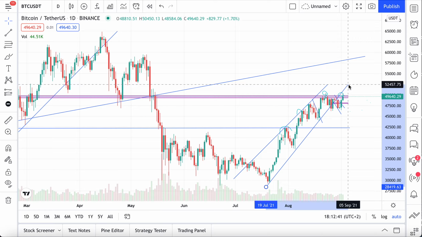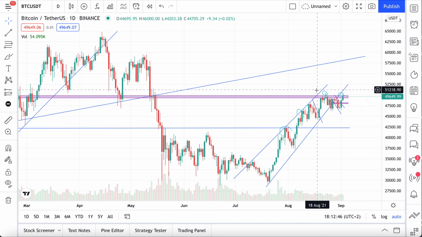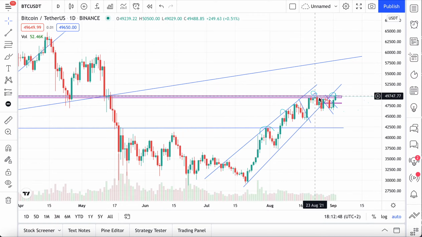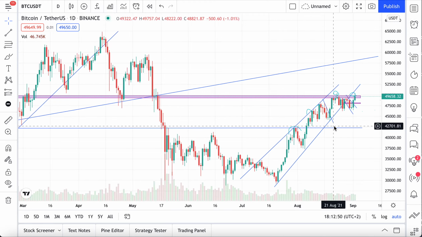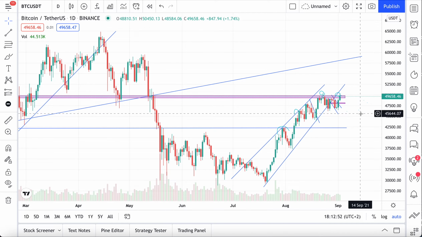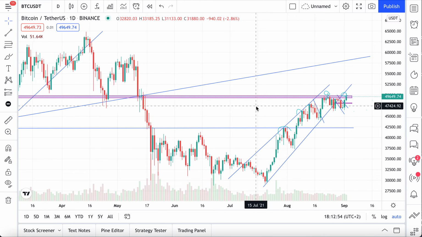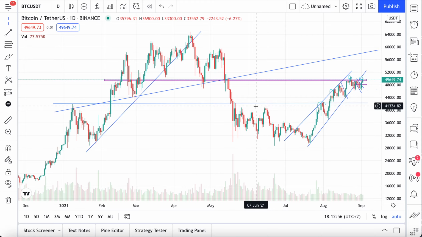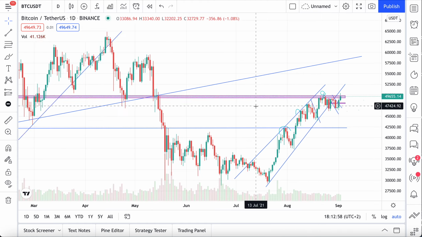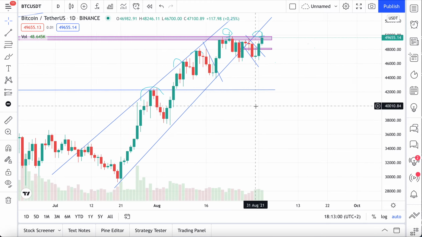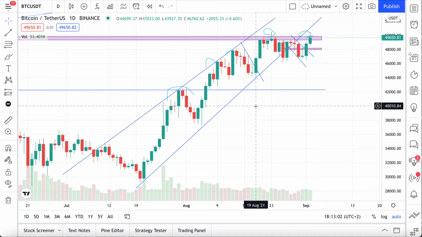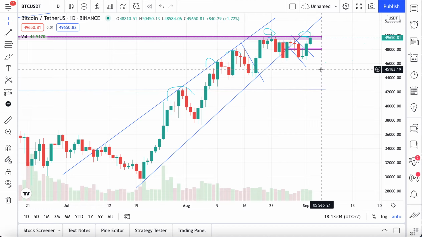I have to still keep my channel here and look for the break back into it. But this was more bullish than this is, I would say, because this is making a lower high here, out of the channel, right on the resistance, and guys, this is not safe, at least if you want to long the market. If you want to entertain the shorts, there could be some idea behind it, but please do not take any of this as financial advice.